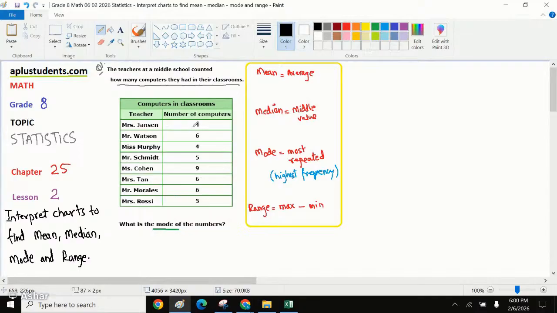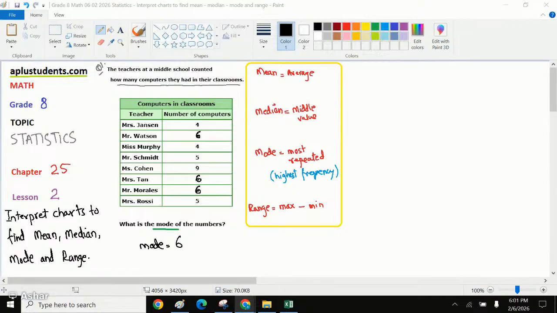We can say 4 came in twice, 5 came in twice, but 6 was written as thrice. So we can say that the mode for this question is 6 because it's repeated the maximum number of times. That means 6 students was the most repeated number of students in classes. That means 3 classes had 6 students in it. Moving further,